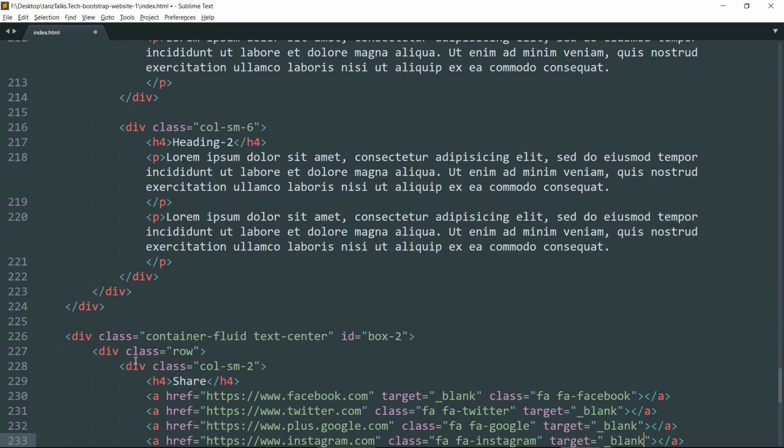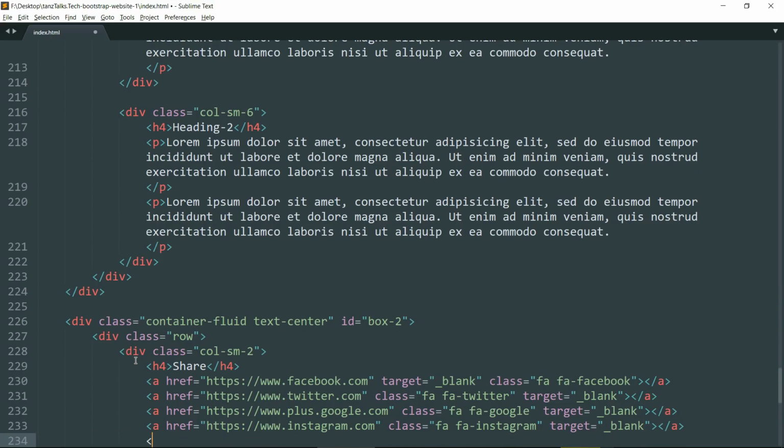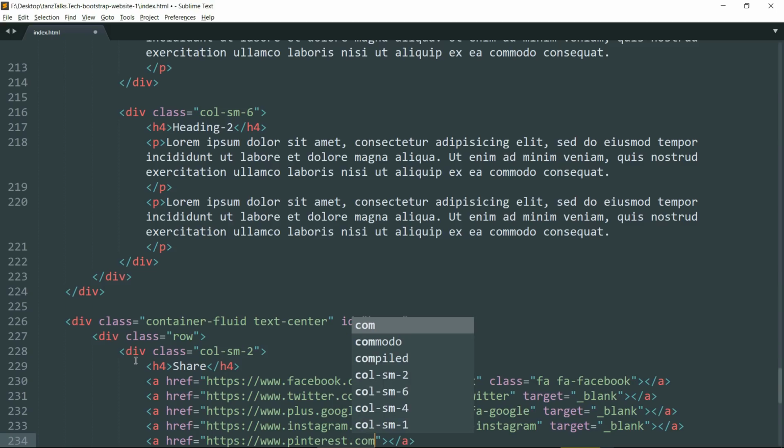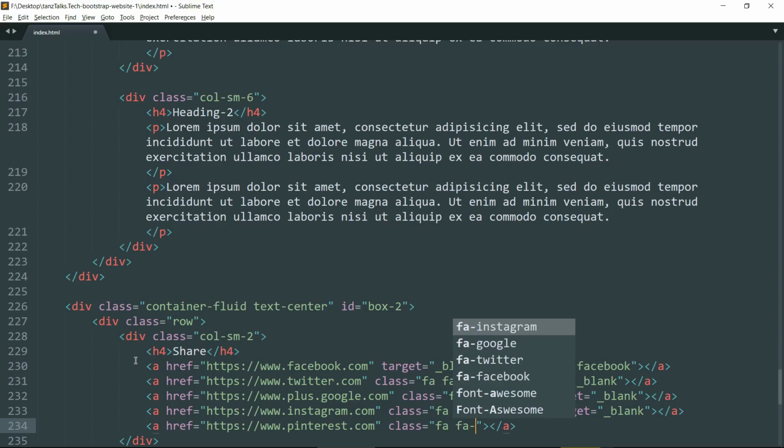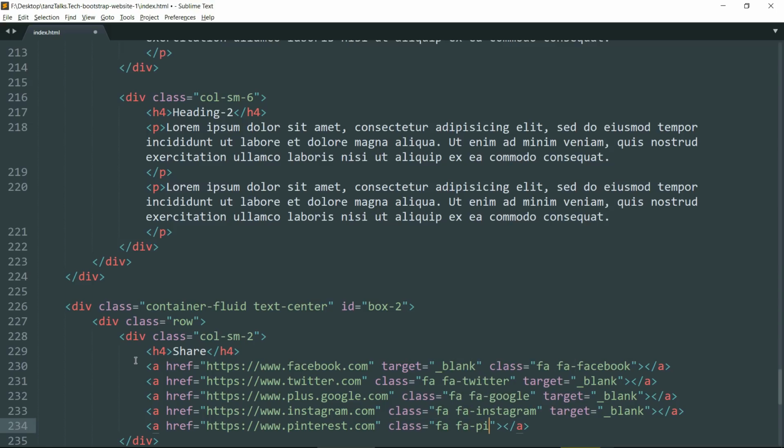Create one more link, https://www.pinterest.com. Give it a class of, let's say, fa hyphen Pinterest and target underscore blank.